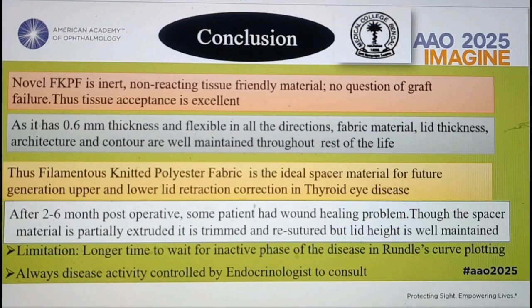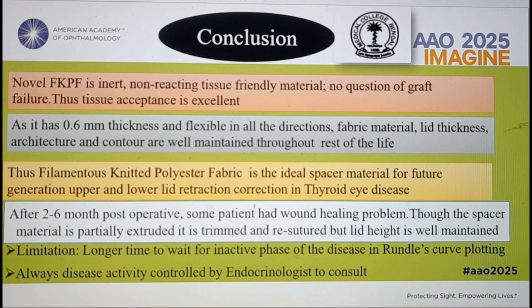To come to a conclusion, novel FKPF is an inert, non-reactive, tissue friendly material. There is no question of graft failure, and tissue acceptance is excellent. As it is 0.6 mm thick, it is flexible in all directions. With this fabric material, lid thickness and architecture of the contour are well maintained throughout the rest of life. Thus, filamentous knitted polyester fabric is the ideal spacer material for future generations for upper and lower lid retraction correction in